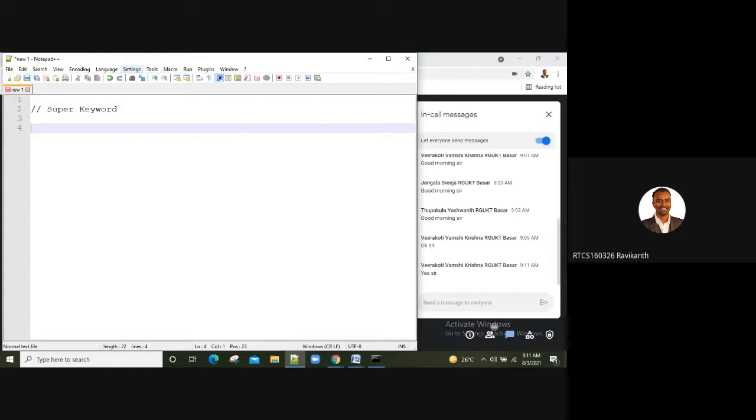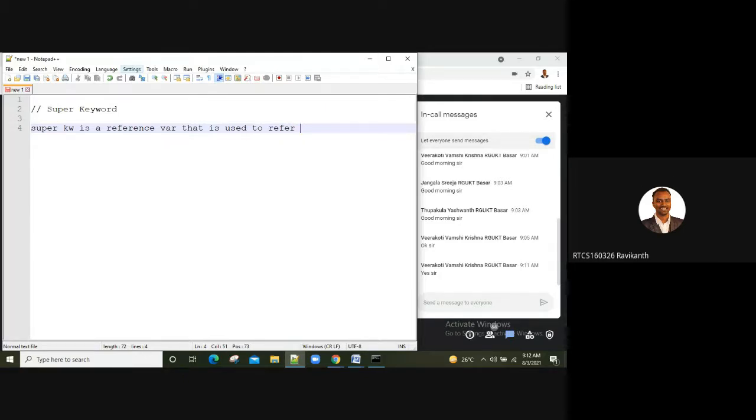Right. So what is meant by the super keyword? What is the use of the super keyword, and how do we use it? In which combination do we use the super keyword? That is the question now. So the super keyword is nothing but a reference variable that is used to refer to a class. Super, in the sense, we are referring to our parent class.